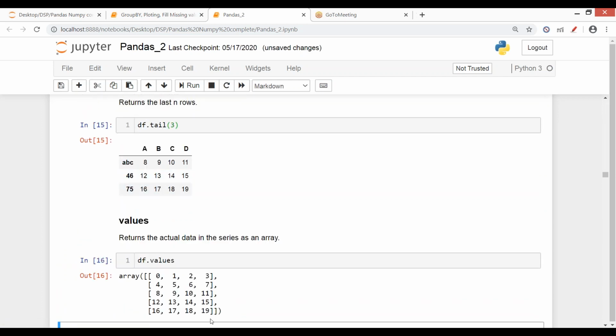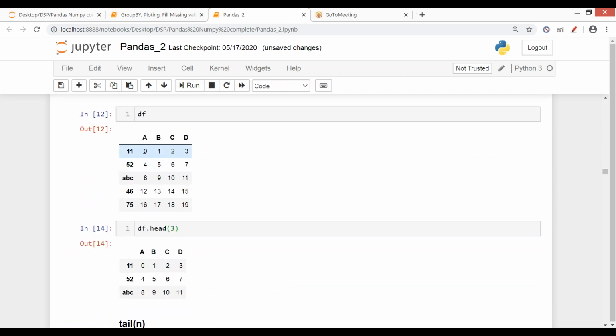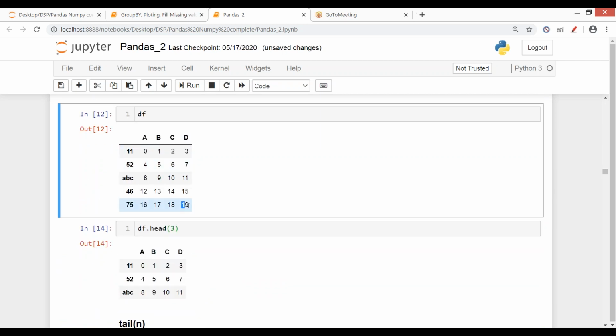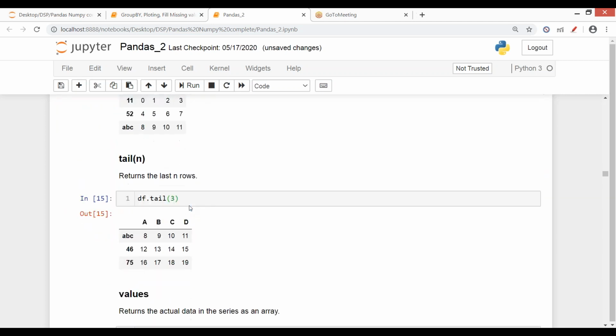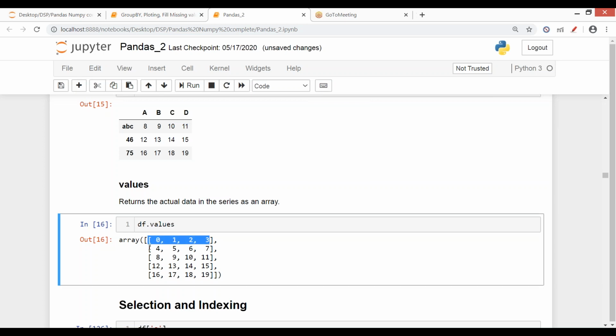It will give you everything in your data frame. So what was my DF? It was from 0 to 19 because we created it using the arange function. So when I say DF dot values, this was my DF. You see, the very first value is 0 and the last value in my data frame is 19. So it will keep the dimensions the same. That is, if we have 4 by 5, then it will keep 4 by 5. This is row 1, row 2 and row 3, and this is column 1, column 2. So dimensions are not changed. We'll have the same number of rows and the same number of columns, but you won't get any column name or row name, just the values.